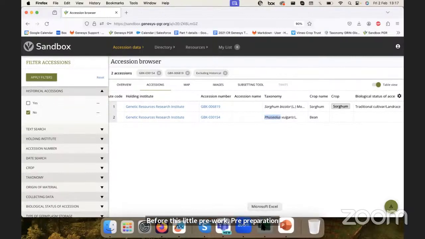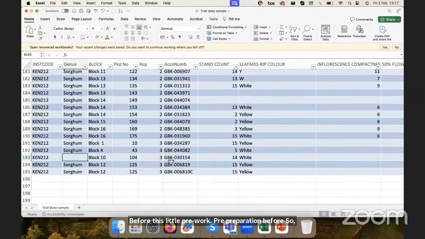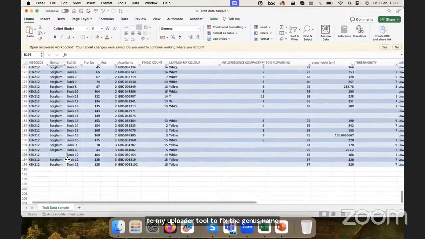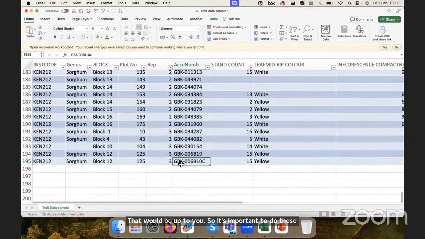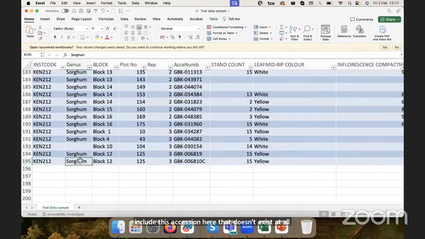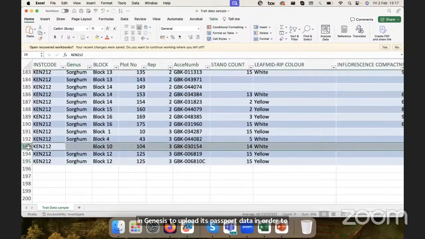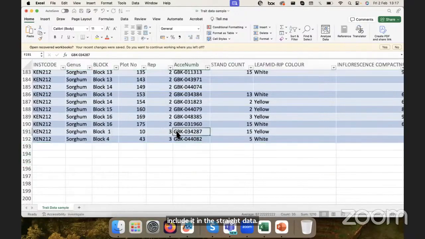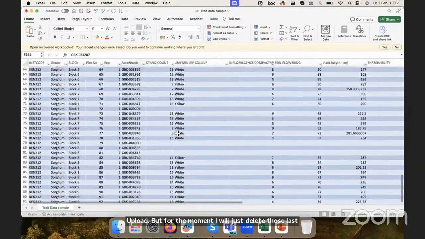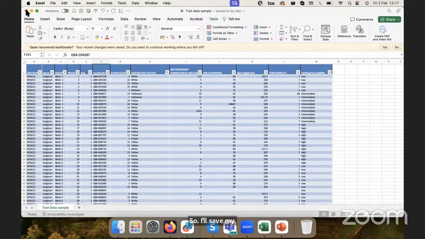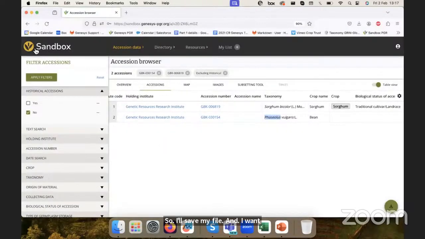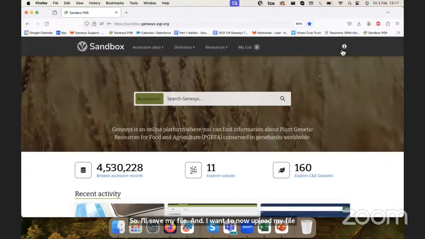So I could choose to ignore this accession, or I could go to my uploader tool to fix the genus name. That would be up to you. So it's important to do these checks. And I could choose also before to proceed to include this accession here that doesn't exist at all in Genesys to upload its passport data in order to include it in this trade data upload. But for the moment, I will just delete those last three and I will proceed with the remaining ones that we have. So I'll save my file